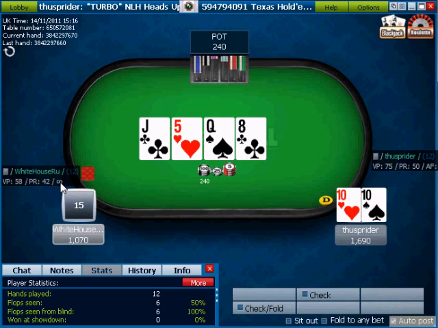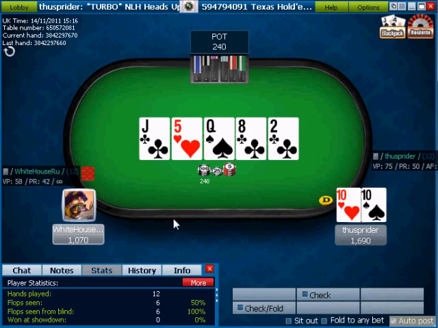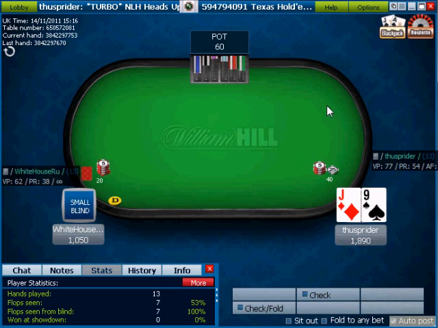He's reasonably aggressive. He's still got infinite aggression factor, so I'm just going to continue to check here, because I don't think he's on the draw, because he would have bet the draw. Now I think I'm going to make a small bet as a sort of bluff, because he might call me with ace high or an eight. I think I might be bluffing, because I really don't think he's got anything. If he had raised me there, you know, I